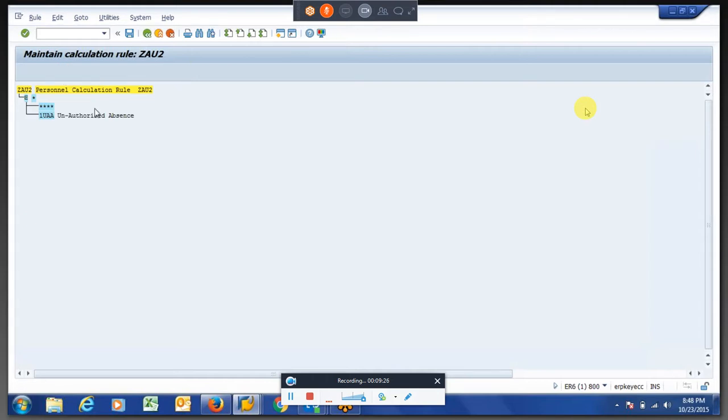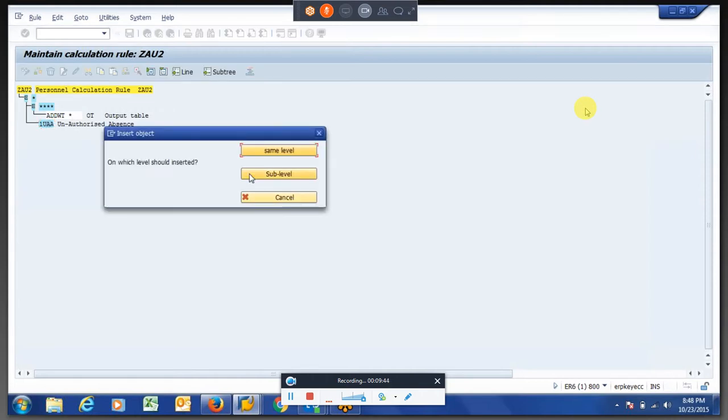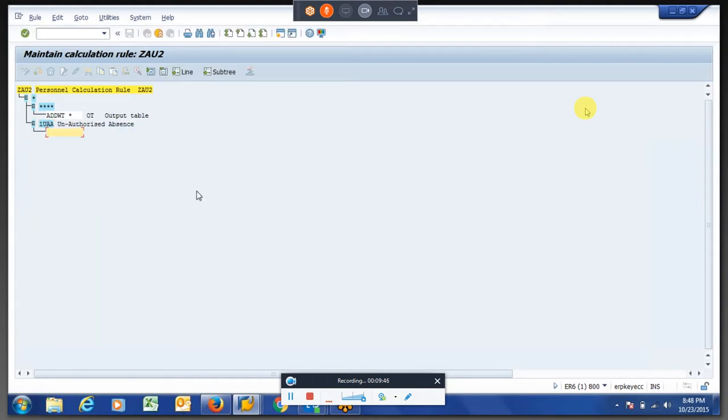If it is any other wage type, I am not going to disturb it. I am passing it as it is. So if it is 1 UAA, then this wage type consists of a number.